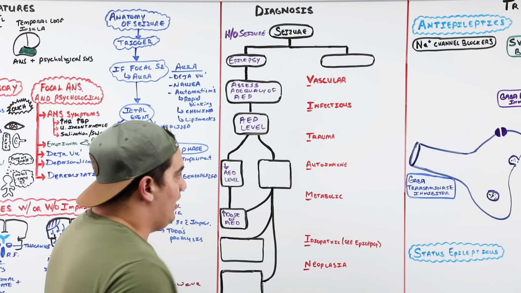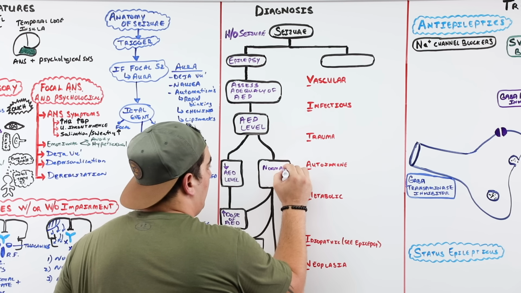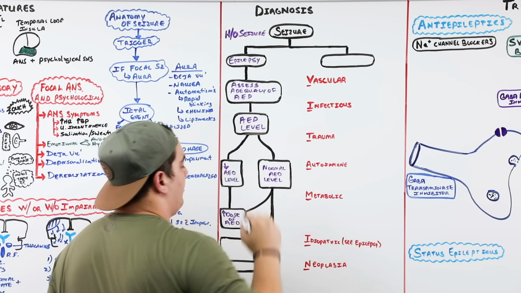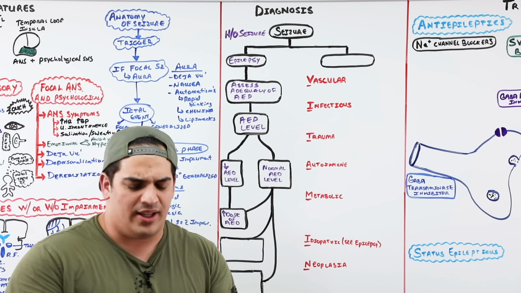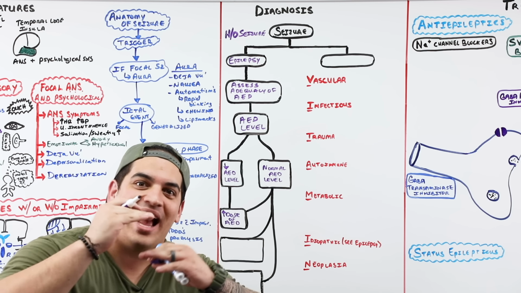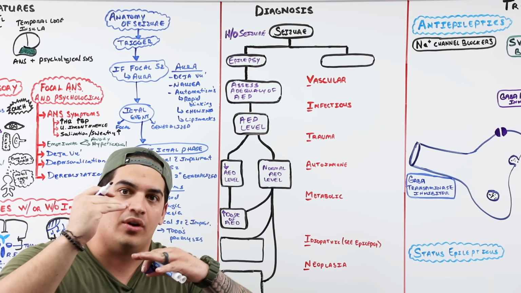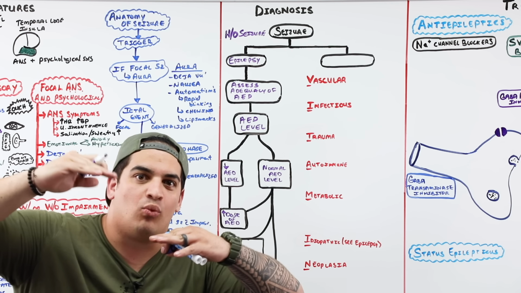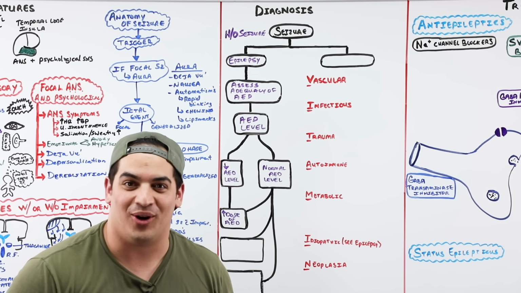What if you take an AED level and you have a normal AED level? Okay. Well, then guess what you can do? If you have a normal AED level, so let's say they check the phenytoin level, it's in the normal range, but you still have some wiggle room. You can get up to the maximum point of the dose before it becomes supratherapeutic. What can I do if I have some wiggle room then? Increase the dose if you have some wiggle room.